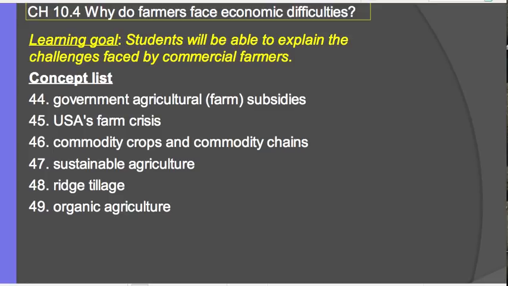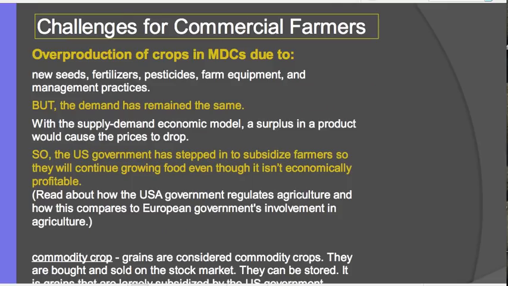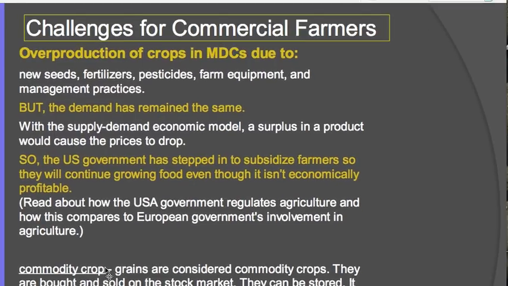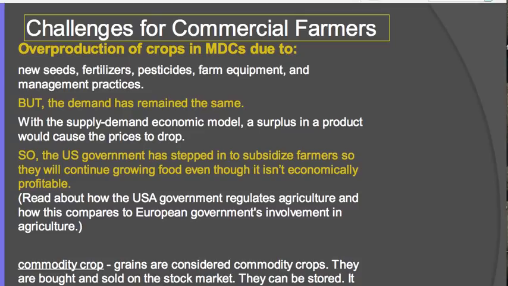So looking at the challenges for commercial farmers. Basically, the challenge is that they produce too many crops. They produce too many crops, and this is because they have new improved ways of farm production, new seeds, high-yield seeds or genetically modified seeds that would allow them to grow a lot more food, faster, hardier, resistant to pests and such. Fertilizer use with